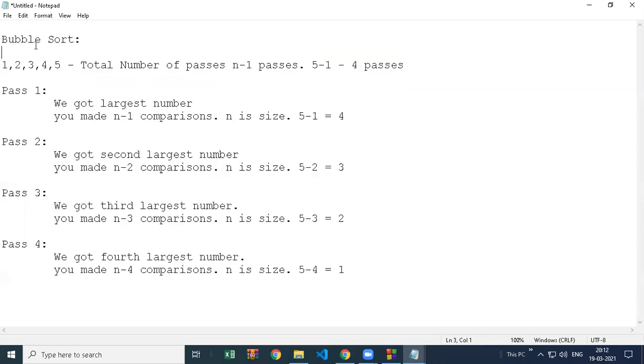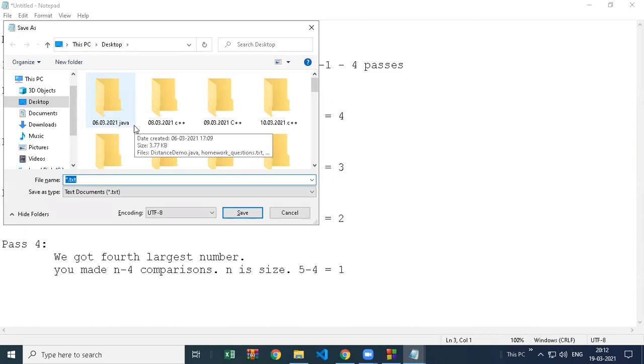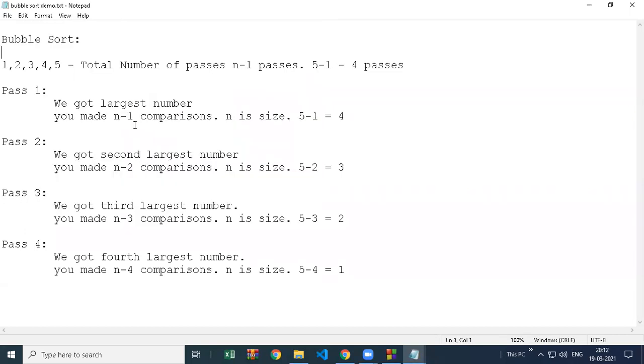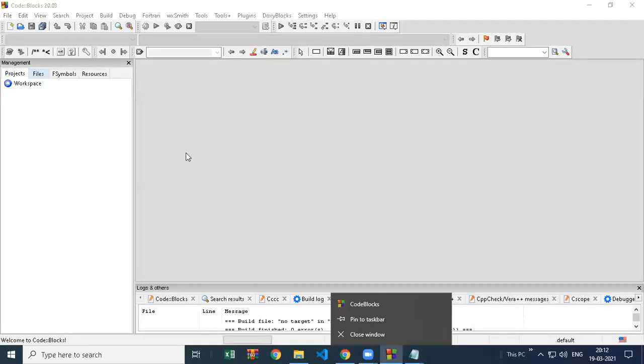Okay, so now we are going to implement this technique logic in our code. Bubble sort algorithm. So how can we implement this logic?